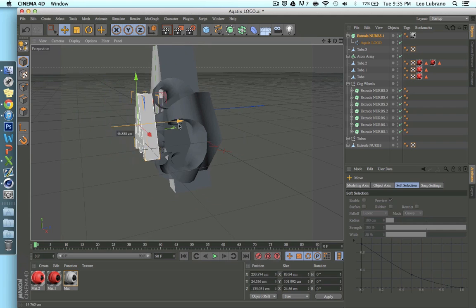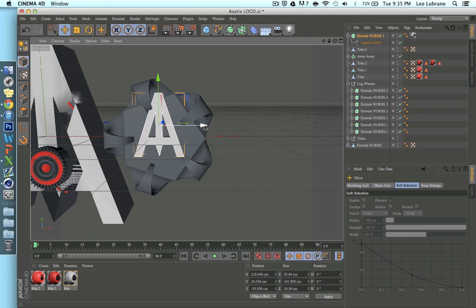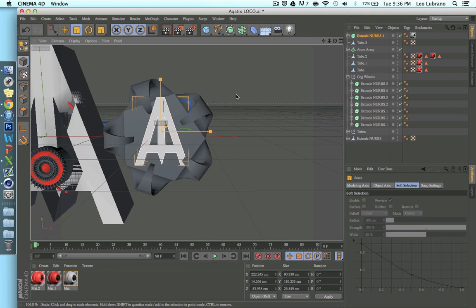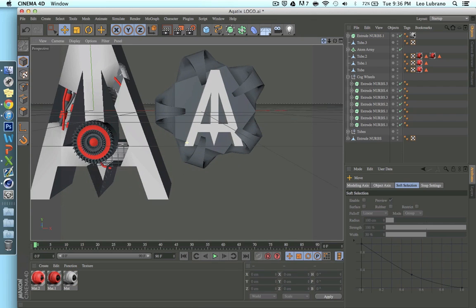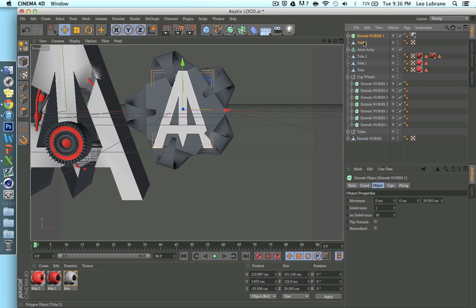And I'm just going to push this inside like that. So just keep adjusting it. This is a very tedious and time-consuming process, but obviously the more time you put into your render, the better it's going to come out. So I highly recommend taking your time and just trying to put as much detail as you can and trying to be unique. So obviously with this tutorial I'm just showing you guys the basics of this, but essentially you're